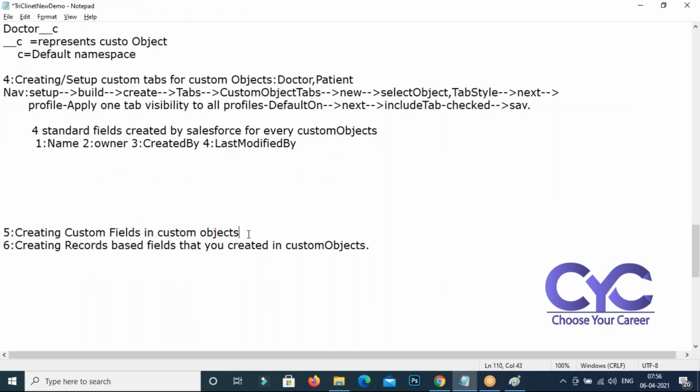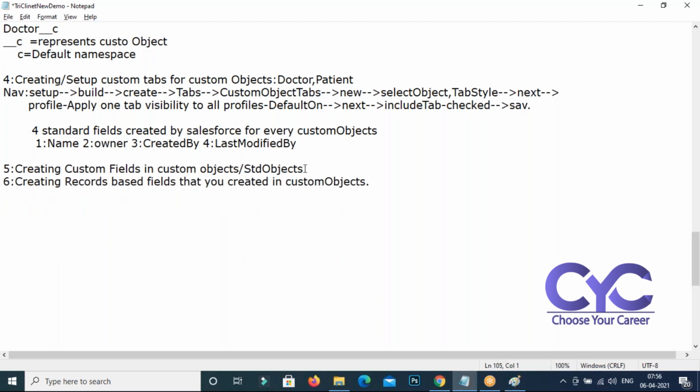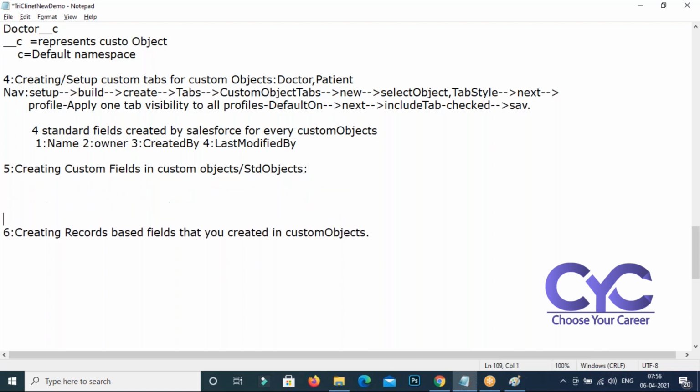Not only in custom objects, you can create custom fields in standard objects also. That option is also there. This topic we are going to see in tomorrow's session. Please try to create your object here. We are going to start how to create custom fields in the custom objects.